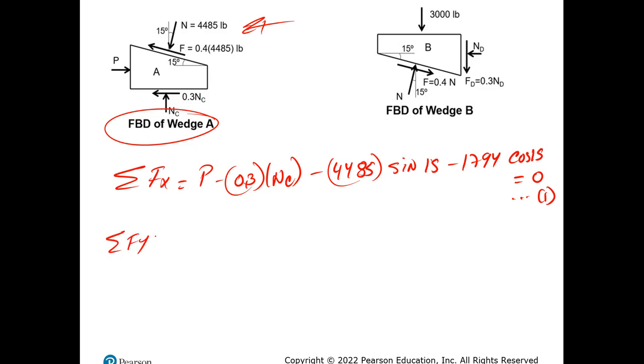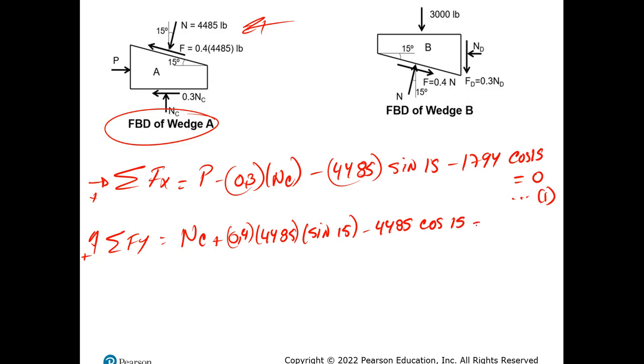And then the sum of forces in the y direction, sorry, I forgot the sign, will be equal to NC plus 0.4 multiplied by the normal, which is 4,485, and also sine of 15, the component of that normal force, minus 4,485 cosine of 15, and this is equal to 0. Solving these equations,